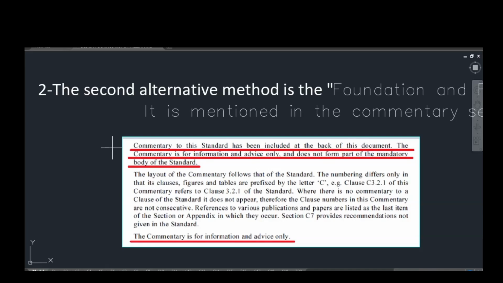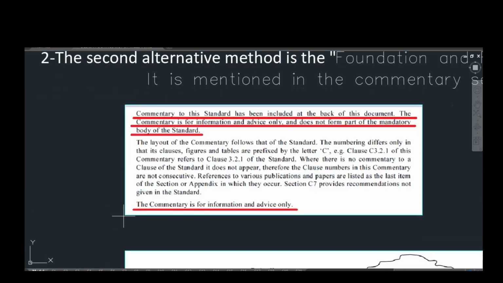information and advice. So it is extremely important to be careful when using the commentary sections to provide justifications for your designs. As you can see here, I highlighted it in red. The commentary to this standard has been included at the back of the document. The commentary is for information and advice only and does not form part of the mandatory body of the standard. And if you go a little bit lower, it clearly says that the commentary is for information and